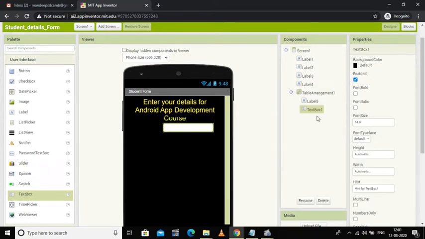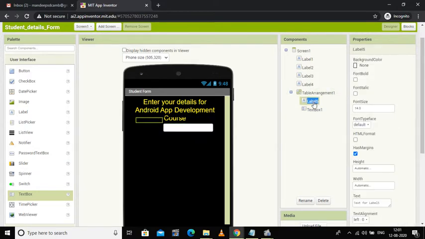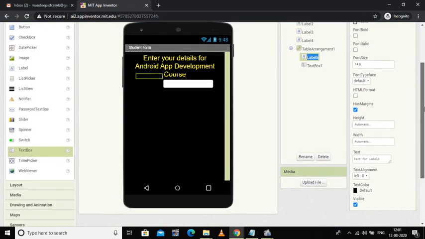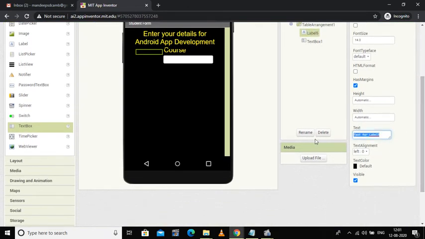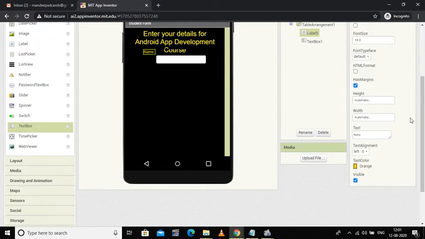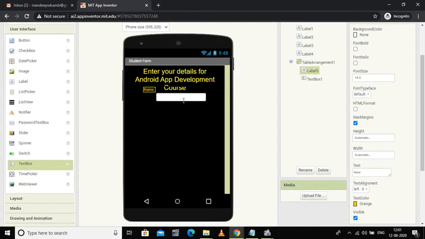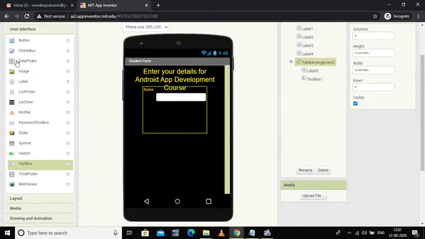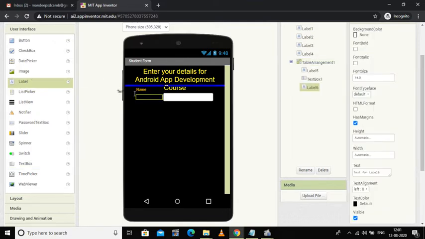See, so here in the label part I'm going to change the specification of the label name, and I have to set the default color as orange. Okay, this text box has been placed in the second row. Fine, no issues. I'll bring one more label and have it here. I'll have one more label on the third row and another label in the fourth row. Fine.